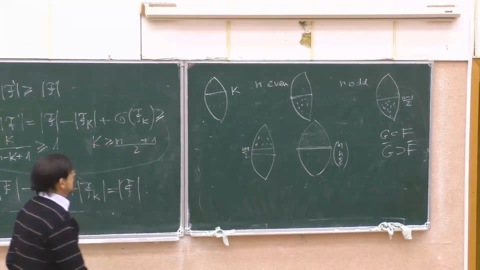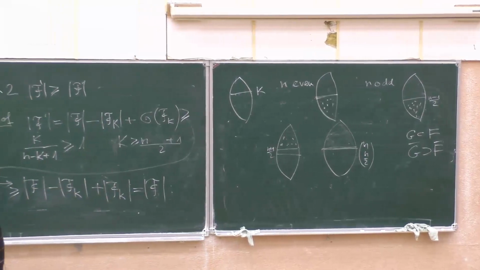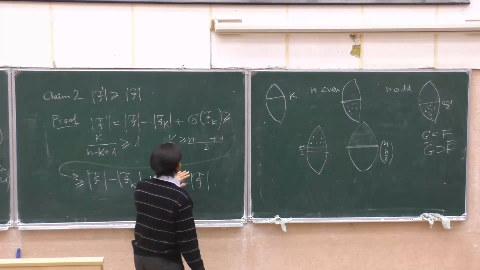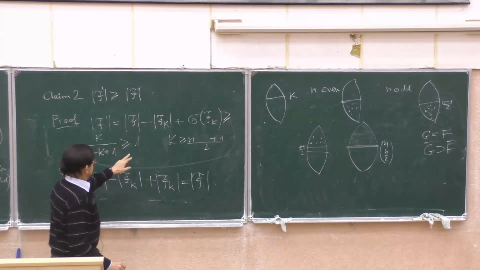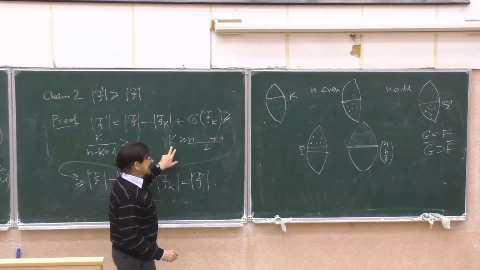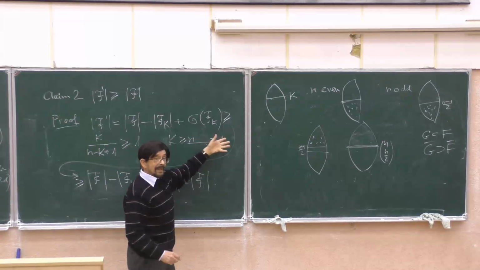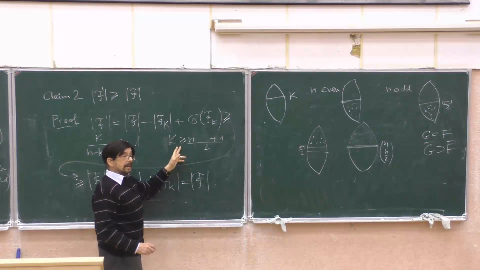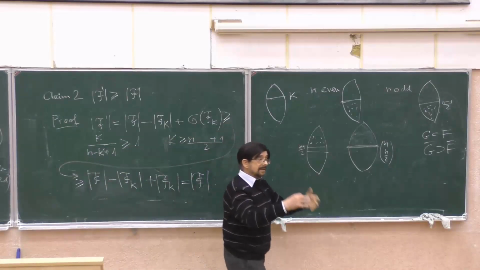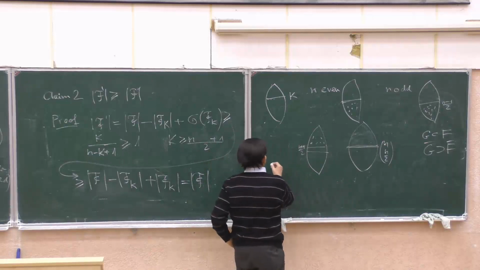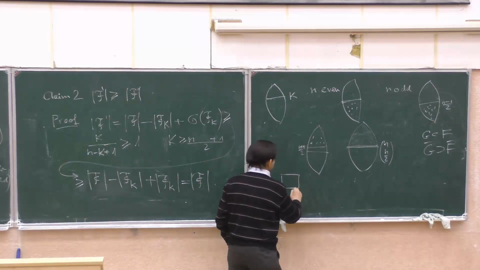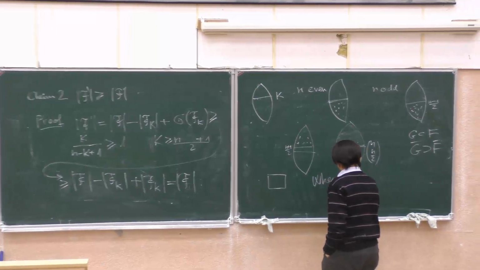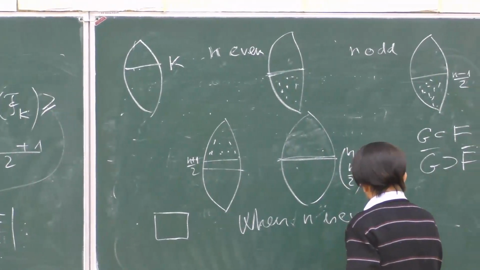Let me note that in the case when n is even, then in each step we have a strict inequality. So when k is more than n/2 plus 1, so it's above the middle, then we have a strict inequality. And strict inequality here, so we increased. So we proved, but additionally we obtained that when n is even, then